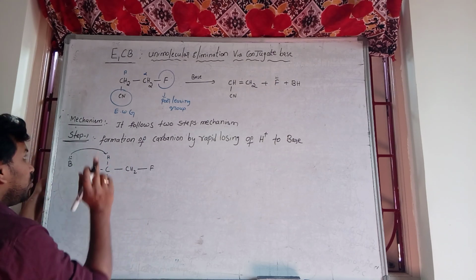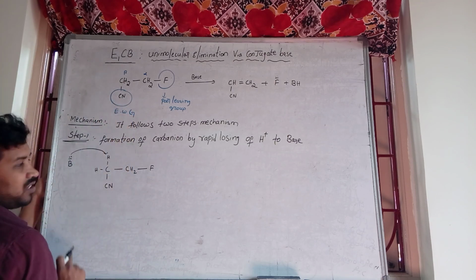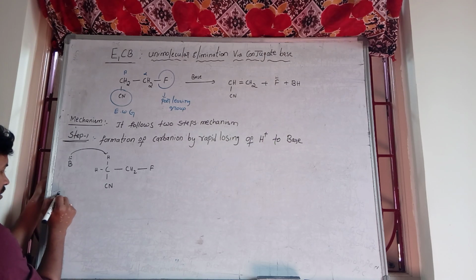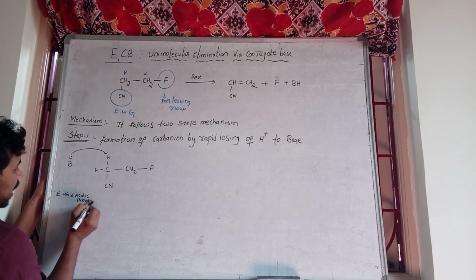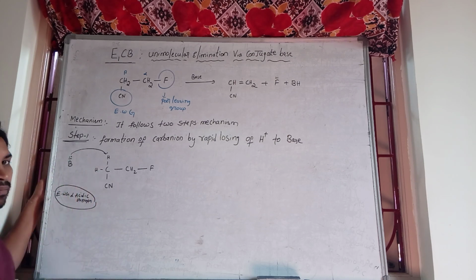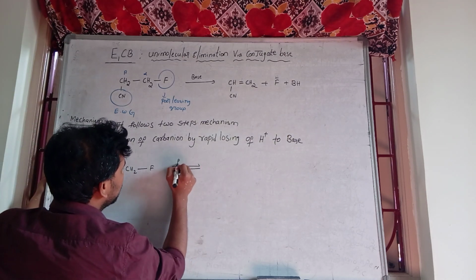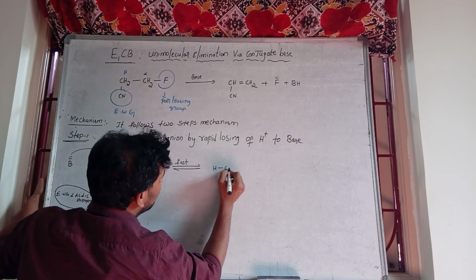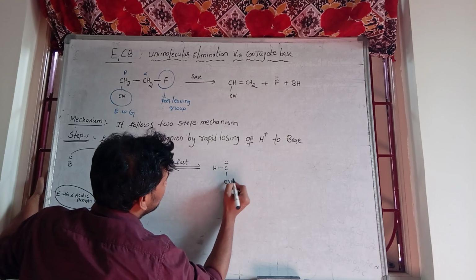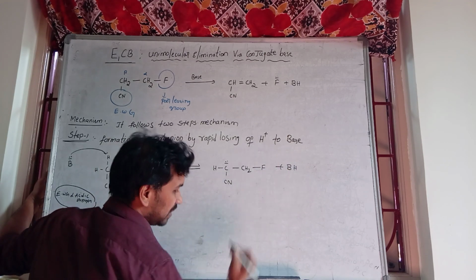So you may have the doubt, sir, what is the need of the Cl? See, in the presence of an electron withdrawing group, acidic strength increases. So acidic strength increases, what happens? It loses the H plus ion to the base fast. Okay, then it is a reversible reaction and it is a fast step. Then it converts into carbon having a negative charge, Cl, CH2F plus BH. This is the fast step.